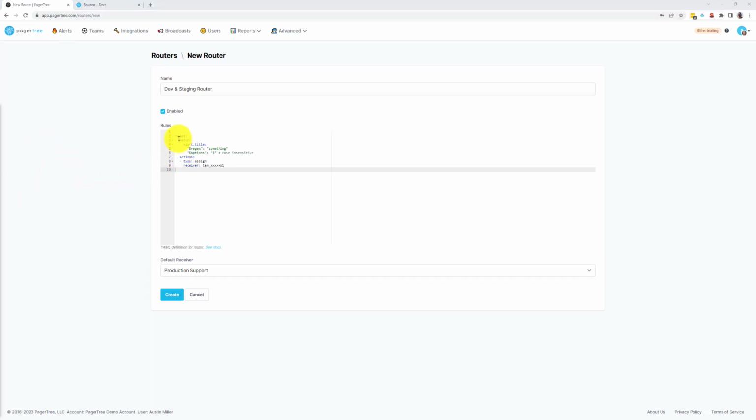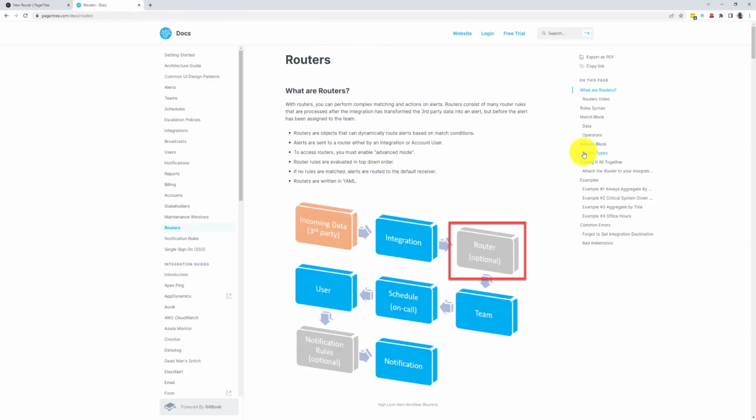This router is fairly basic. The key pieces being, routers are made up of many rules. Each rule has a single match condition and a single action section. In the match condition, you can use a very flexible MongoDB style syntax to match on alert attributes or time-based conditions.